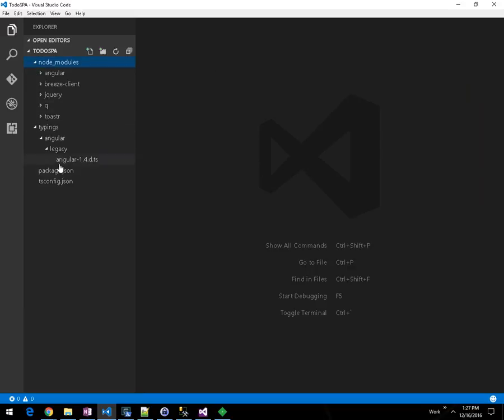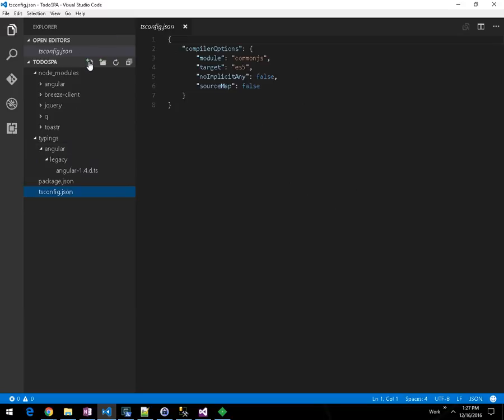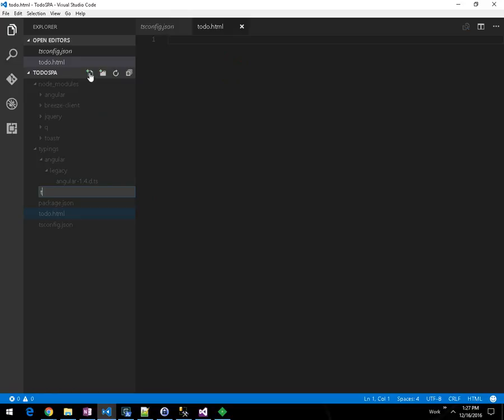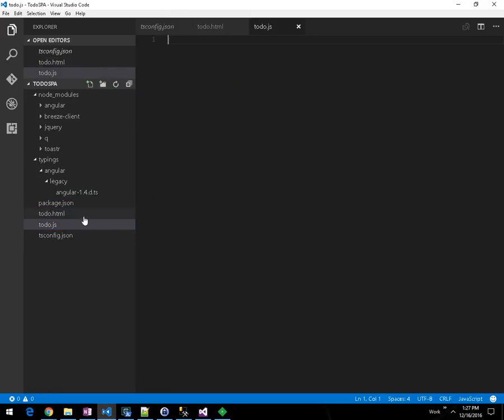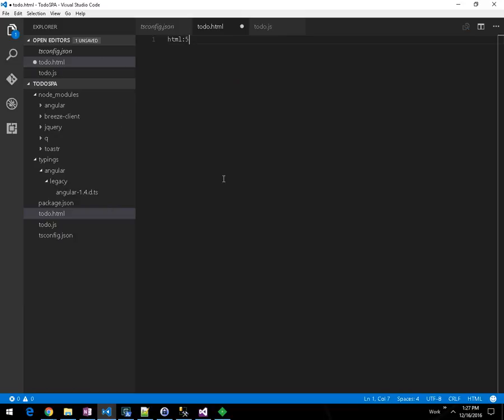And we see a folder tree that's pretty well populated. A lot of kind of default boilerplate. We're going to add a to-do HTML file and a to-do JS file. The HTML file we're going to spec out with a little bit of